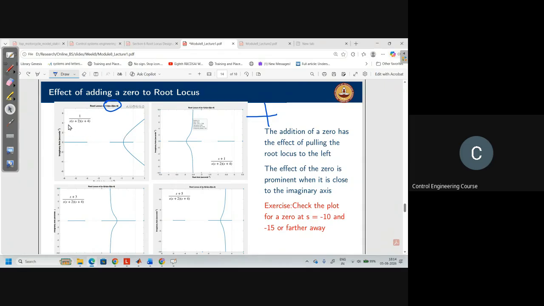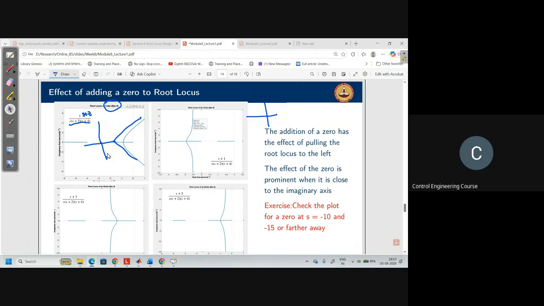So it will change the system order. Suppose first of all, you have s into s plus 1 into s plus 6, that means you will have asymptotes at some 60, 180, 270, and 360, right? So that means the system follows like this, right? Suppose you add a zero here, let's suppose s plus z, that means now the number of root locus branches going to infinity will be n minus m, right? That means it reduces by one, so you will have only two. So that means your asymptote will be like this, right?